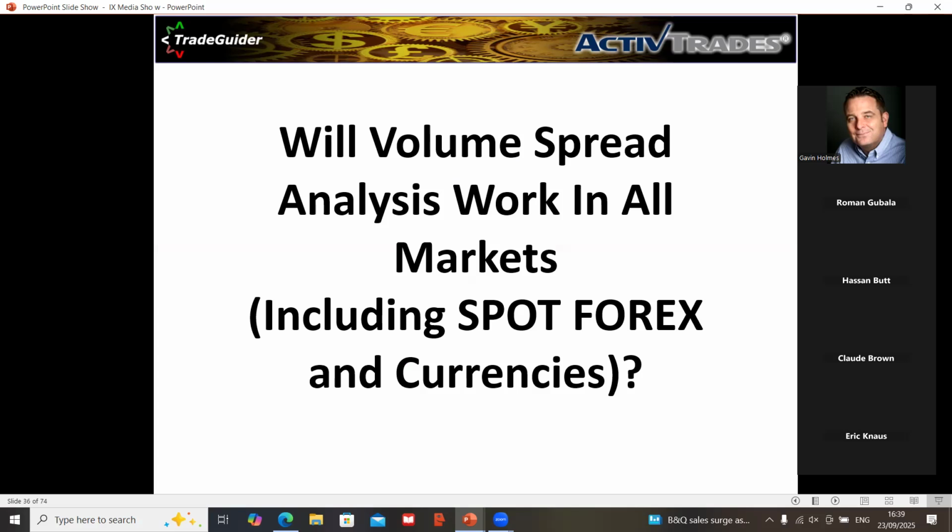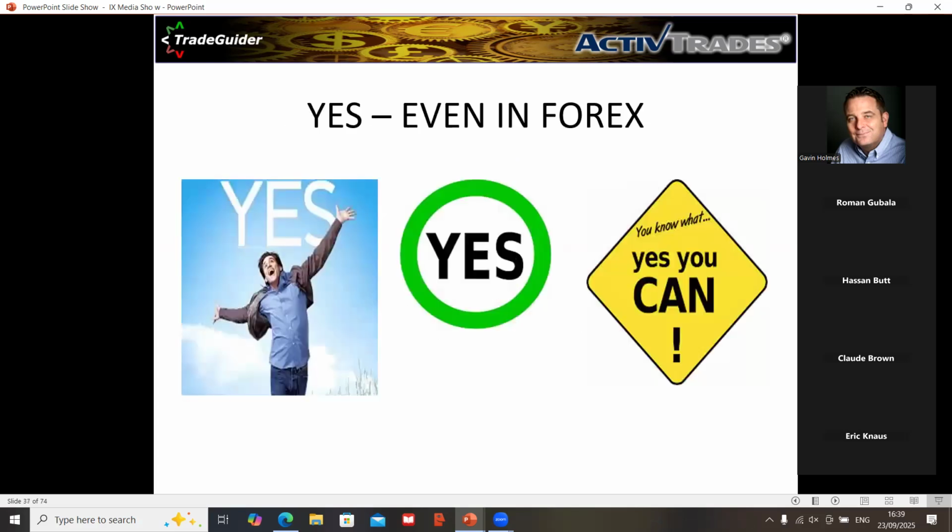So does it work in spot forex and currencies? Yes, it does. Of course, it does. This is the confusing bit. People say, "Well, it can't work for forex." It does. I happen to be using